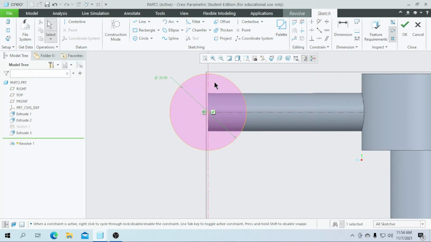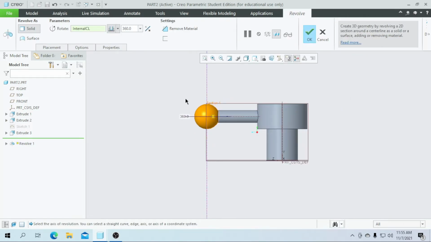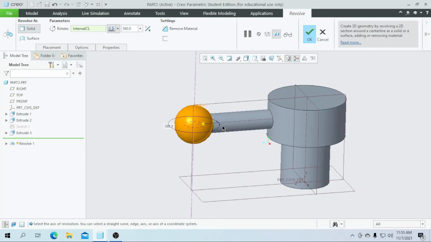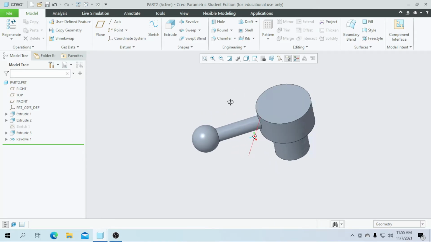As we are doing a revolve option, we need to delete one side of the circle. So I am going to draw a line for that like this to this edge, and I am going to delete the unwanted segments. Then click on OK. As you can see, the revolve part is done successfully. So click on OK. So now a single handle is created. So I am going to pattern it for all the sides.